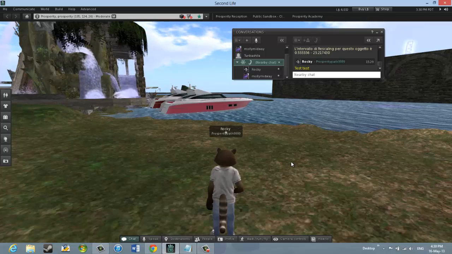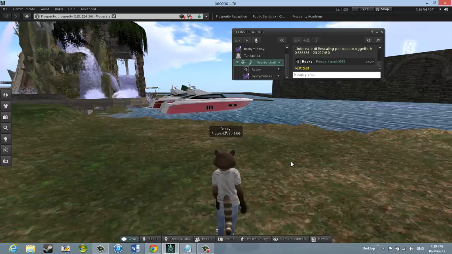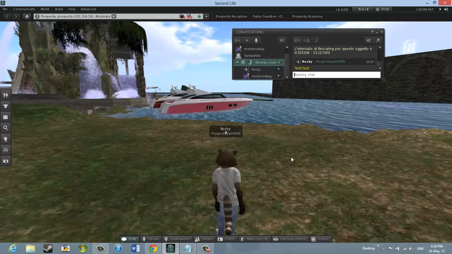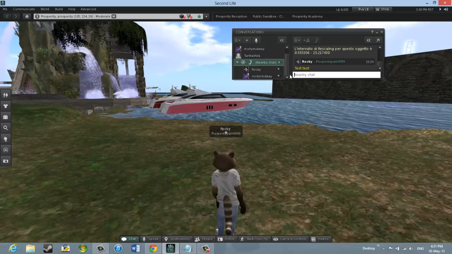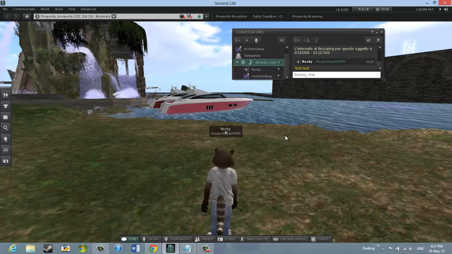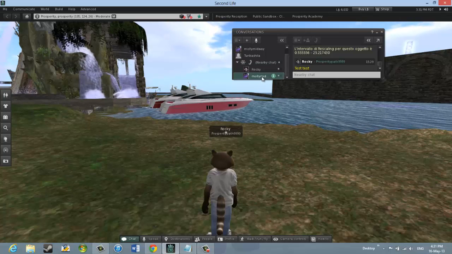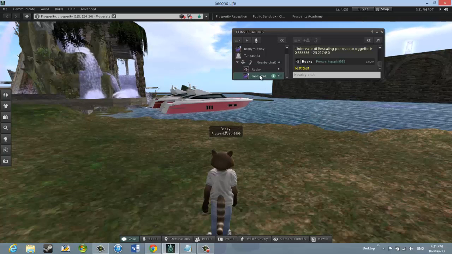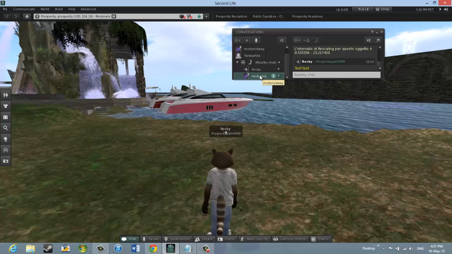So what this means is you have an extra step in that you've got to find the name of a specific person that you want to message. Now, if you were in a group and there were a group of people around you and you wanted to send them an instant message, you could simply click on their avatar to highlight it, and then if you quickly click twice with the left mouse button, double click,